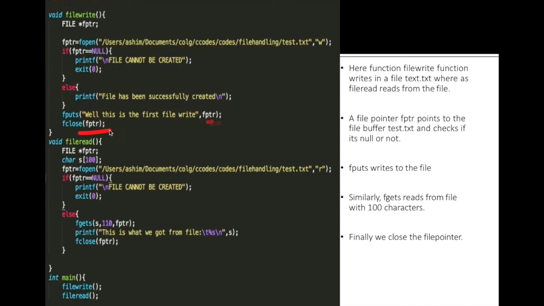We close the file and call file read. We declare a file pointer and a character array, and open the file using the fopen function. If any error occurs, it will display a message, else we are going to read 100, here by mistake 110, but actually it is 100. So it will read 100 characters from this file and store them in the array, because the size of the array is 100, so it is going to read only 100 characters, and we display that on the screen. So this is a simple program to read and write a string into a file.